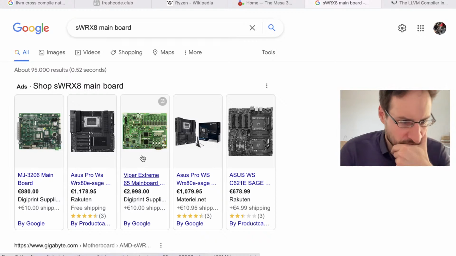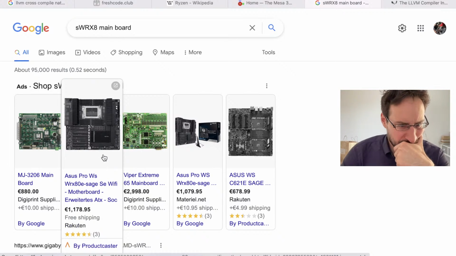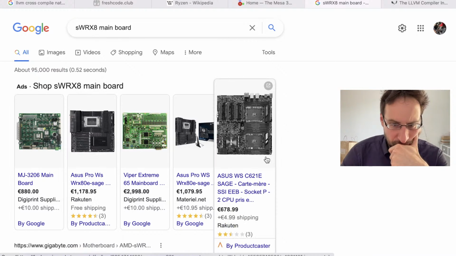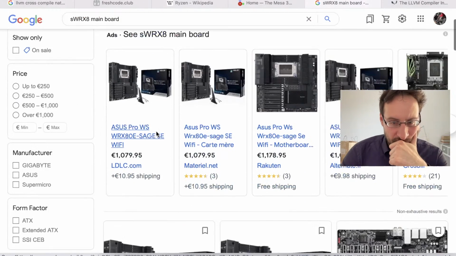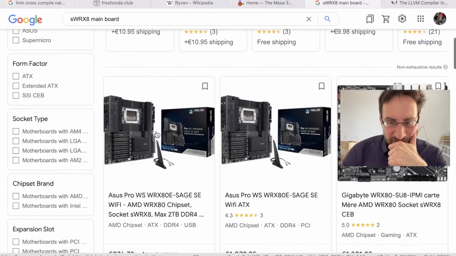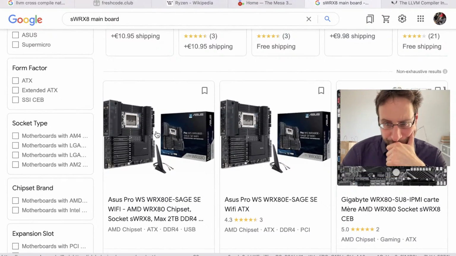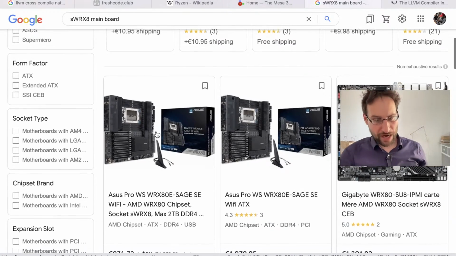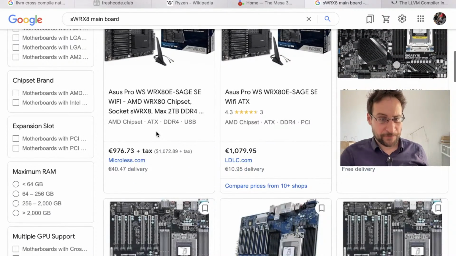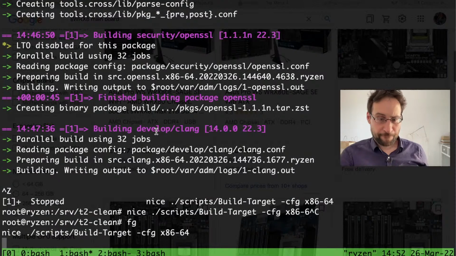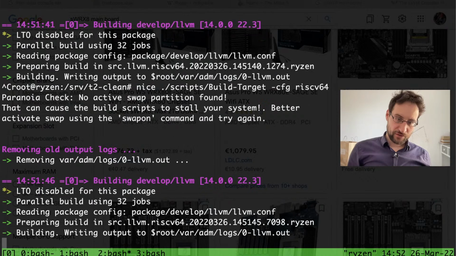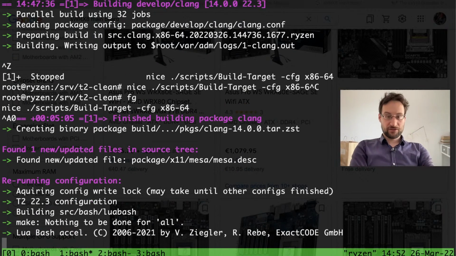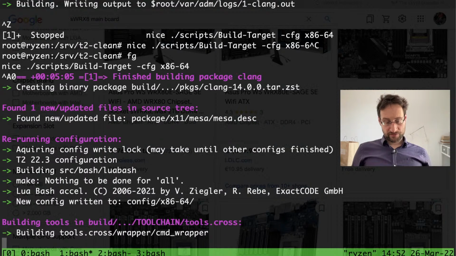I mean, not even that the motherboards are particularly cheap. What do we have here? Maybe I should... I mean, the crazy thing is also that a lot of the time I simply wait for the builds. Actually, I meant to say something else. Most of the time, actually, Guru meditates, so it's not always... Oh no, we can actually Control C that and unnice it.